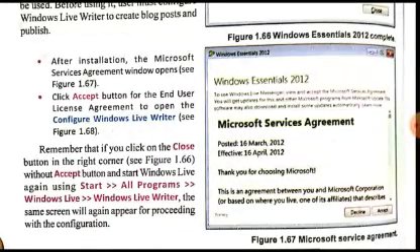This agreement window has two buttons. Either you can accept the conditions or you can decline them. But it is mandatory for you to accept the Microsoft service agreement. Unless and until you accept it, you will not be able to proceed further with the configuration of your software. As with all software, they have terms and conditions which every user must accept before proceeding with the usage of the software.